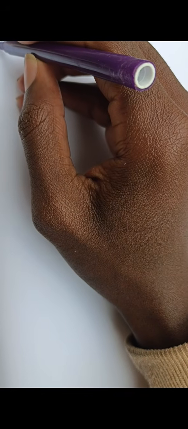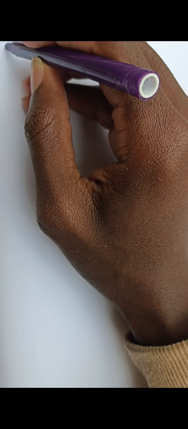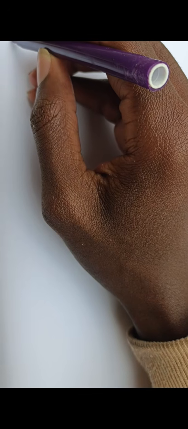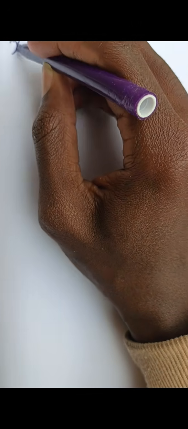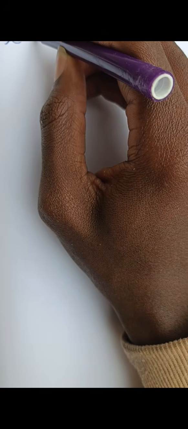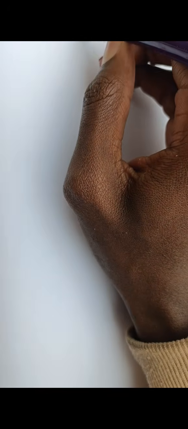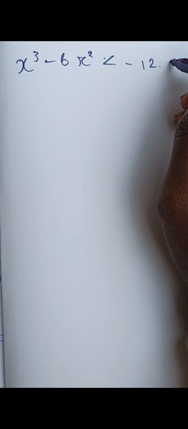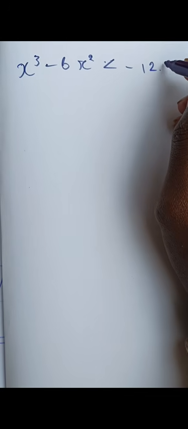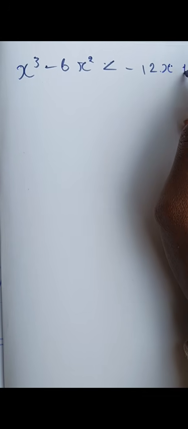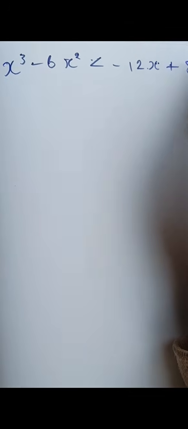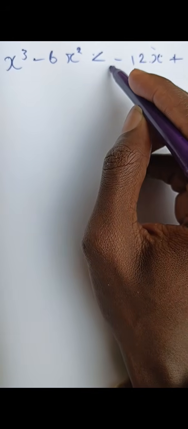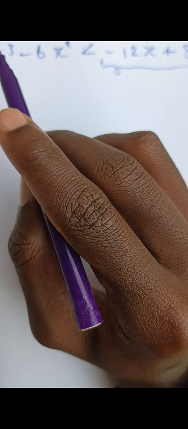is saying that hence calculate the range of values of x for which, now look how they have written it, for which x power 3 minus 6x power 2 less than negative 12 plus 8. So if you observe, when you get whatever is on this side, the reason why I'm talking about